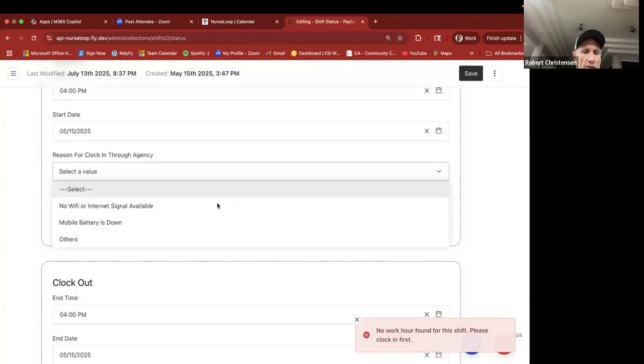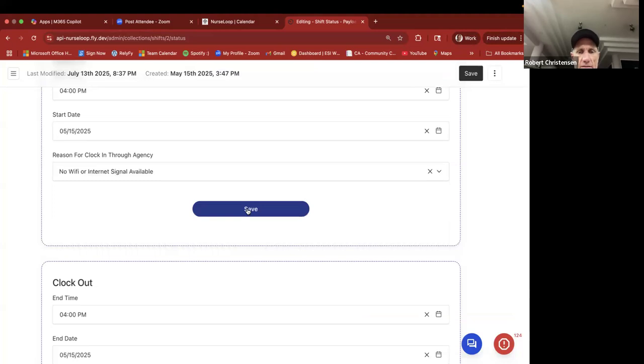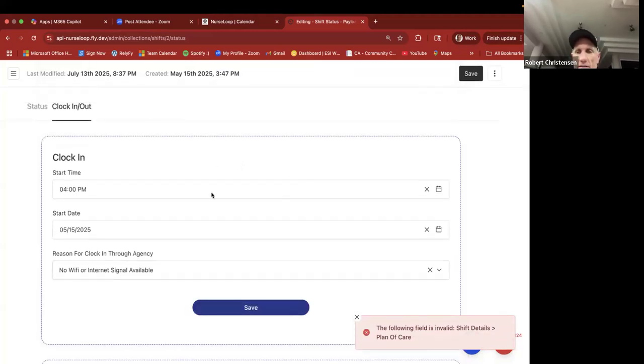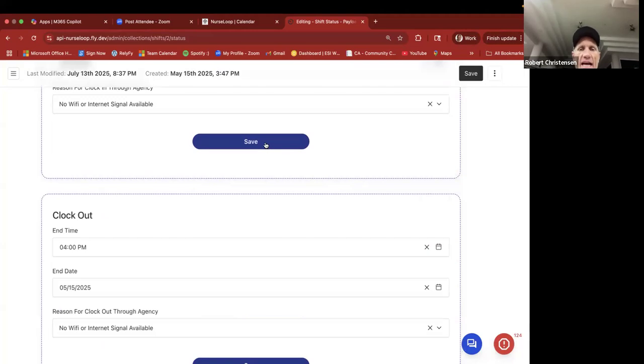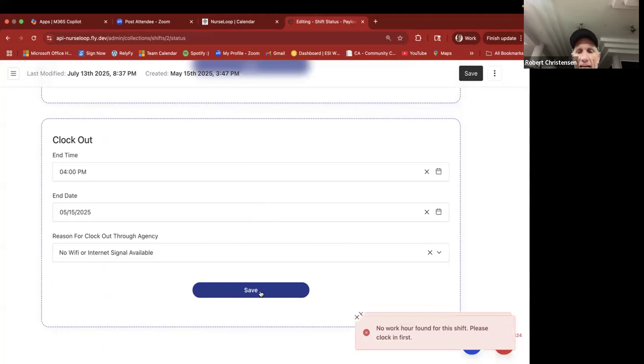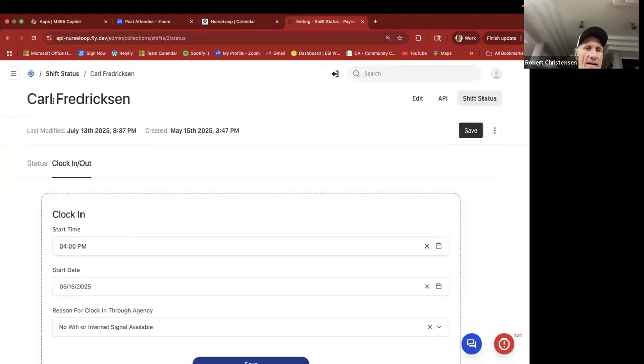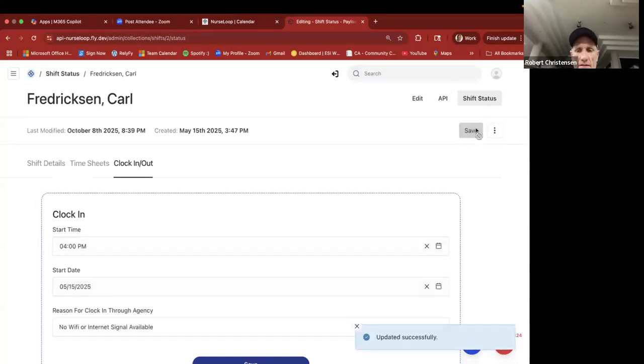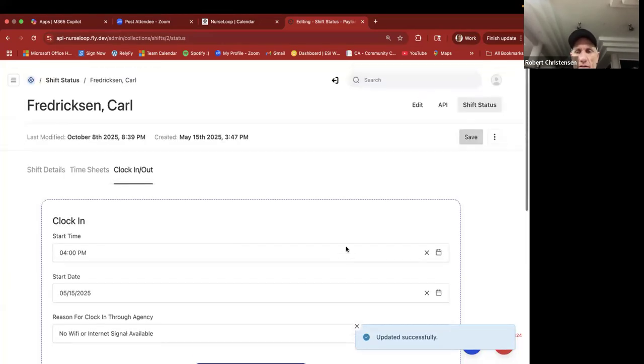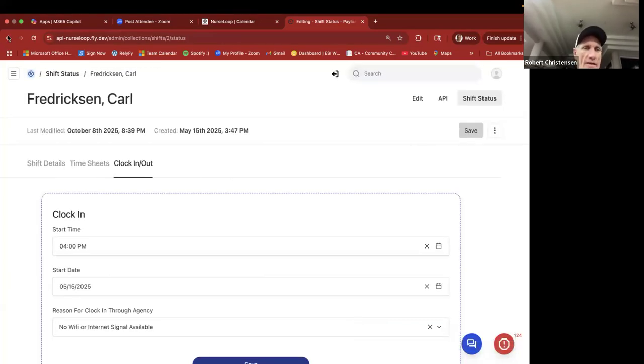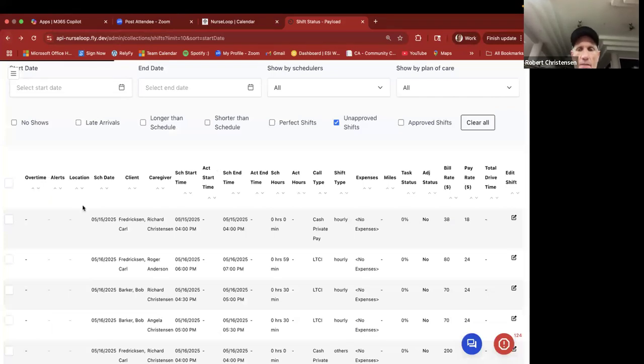Okay, so let's do this one here. Save. The following field is invalid. Shift details, plan of care. Okay, that isn't even an option. So I cannot clock them in and I cannot clock them out. So because I cannot clock them in and I cannot clock them out, when we go ahead and hit save here, that shouldn't have even happened. Okay, so when I come back in here,